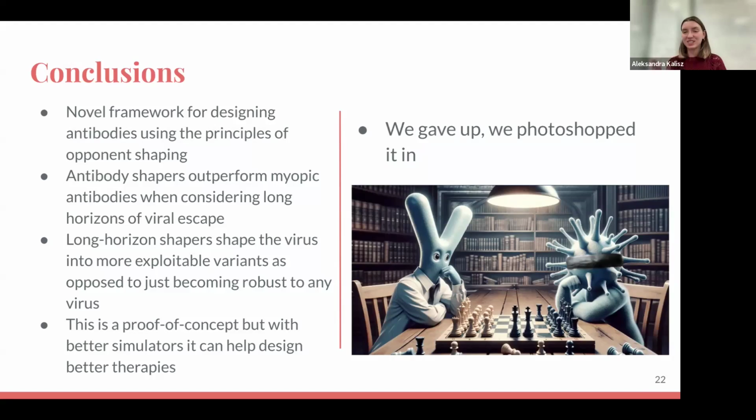And in terms of our other story of the little picture, DALL-E failed us and we had to Photoshop the